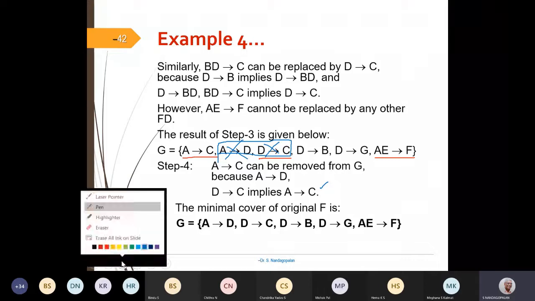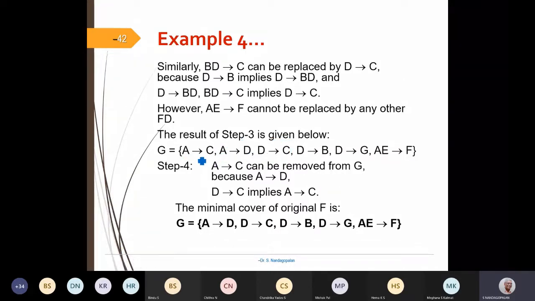So I'll just make those changes. These two cannot be derived from this. OK, so this can be derived from this. So I have to retain this. So obviously I need to keep these two FDs and the remaining no change. So T arrow B.